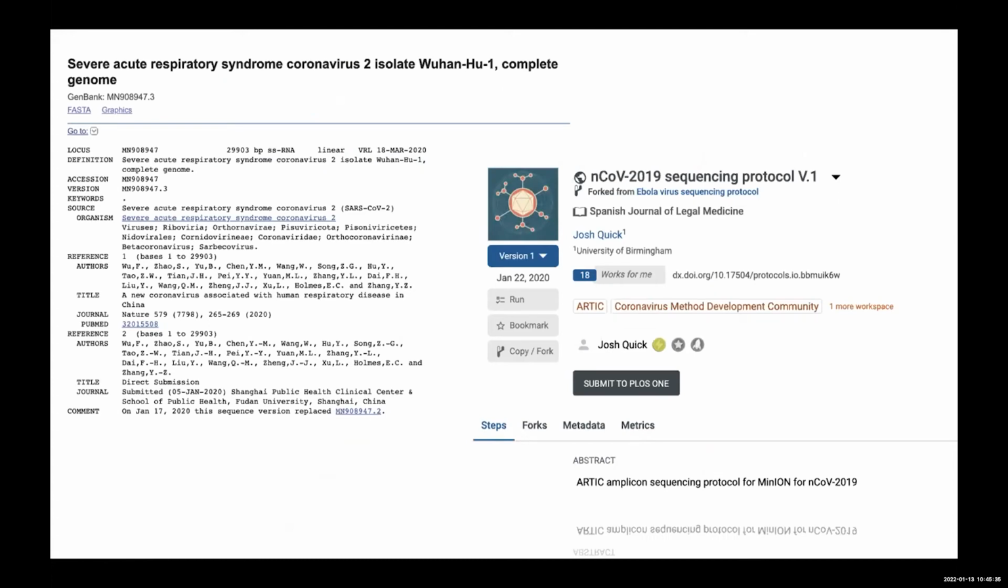So let's talk a little bit about what's happened with SARS-CoV-2, because it certainly led to a lot more focused development on this protocol and the primer schemes. The first SARS-CoV-2 genome was released in January. This version, if you look down here somewhere, was accessioned on the 17th of January. Within 5 days, we'd been able to fork our Ebola sequencing protocol from the ARTIC protocols.io site and create a new fork, which was specific to SARS-CoV-2,